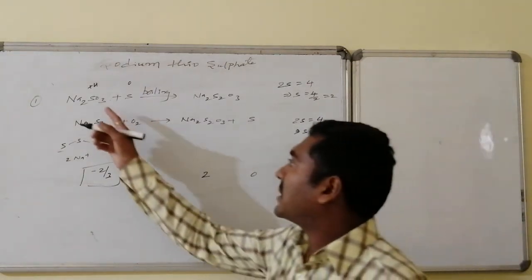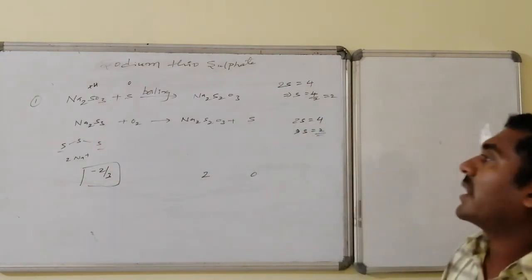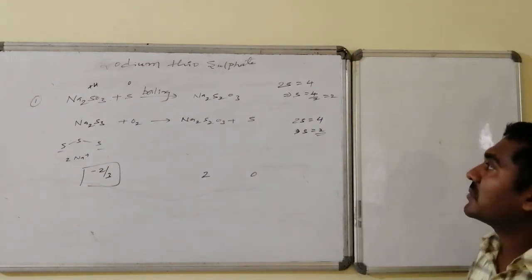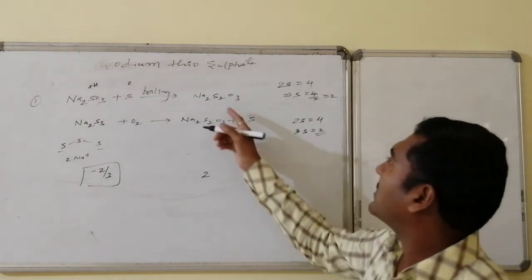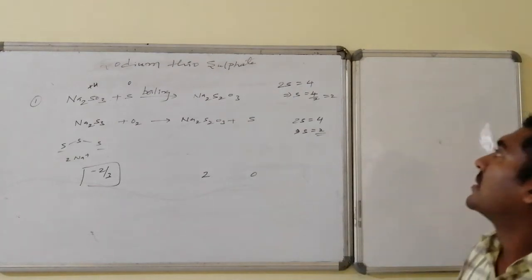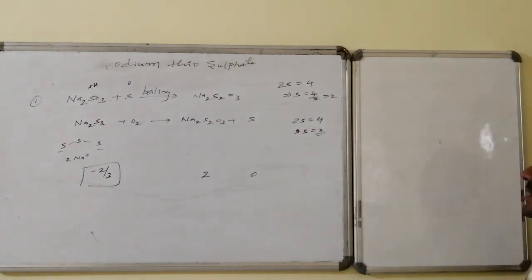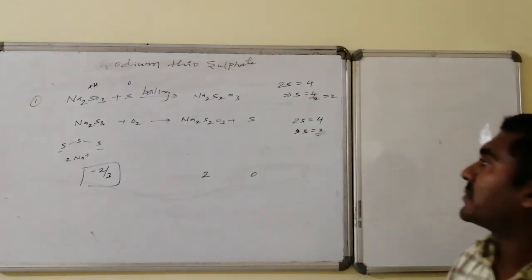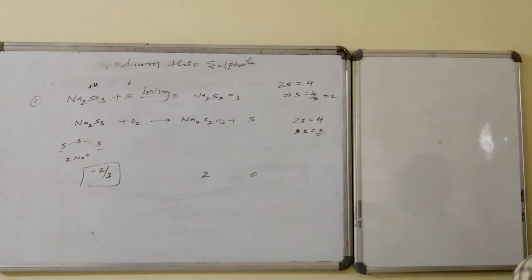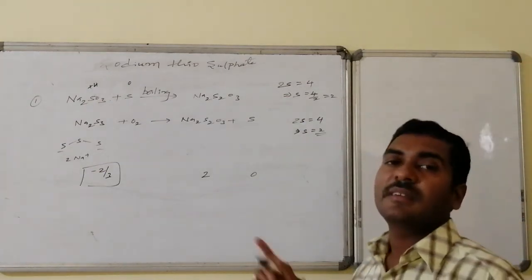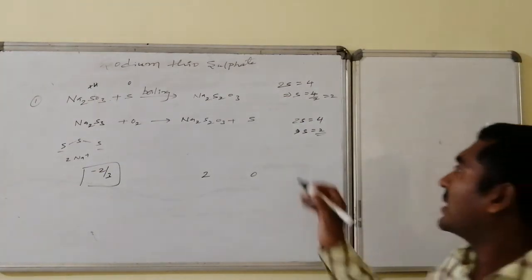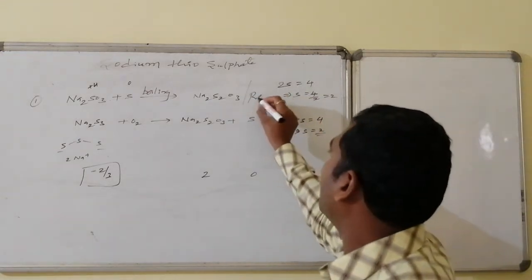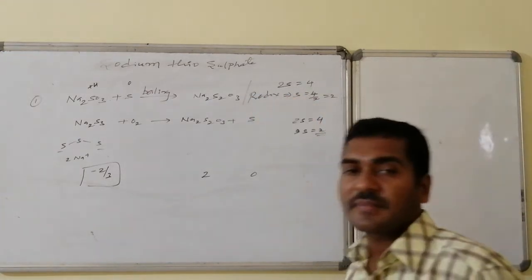Here the oxidation number of sulfur is +4, and that is reacting with sulfur of 0, and these are converted to the average oxidation number of sulfur. Of the 2 sulfurs, 1 has +4 and 1 sulfur has 0, hence +4 is reduced and 0 is oxidized, hence it is a comproportionation reaction, belonging to the redox category of comproportionation reactions.